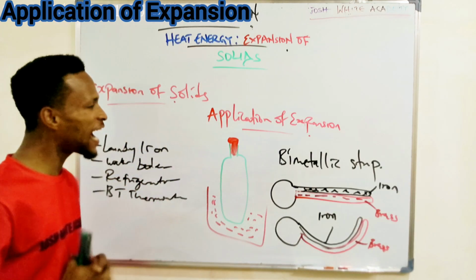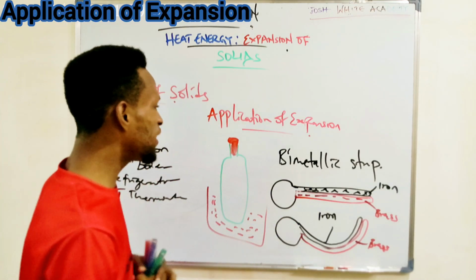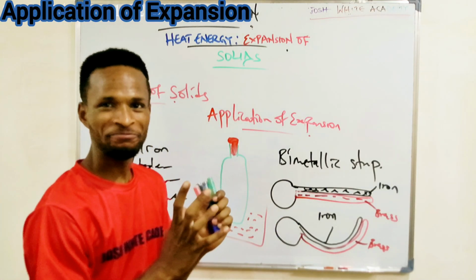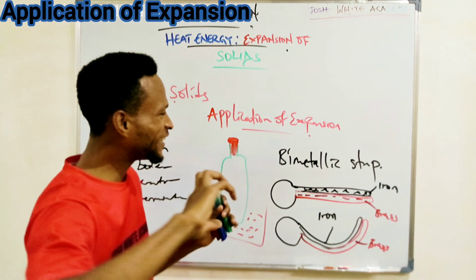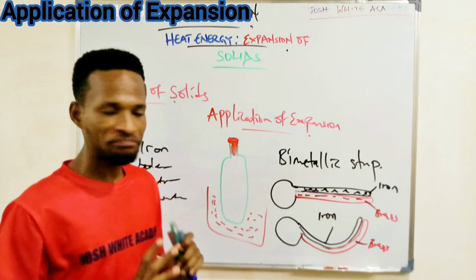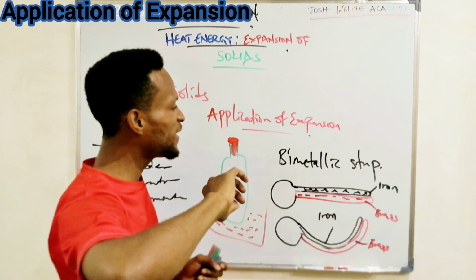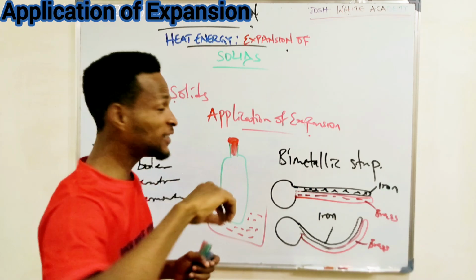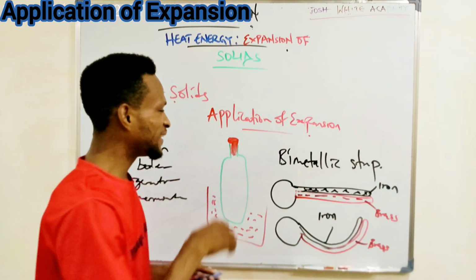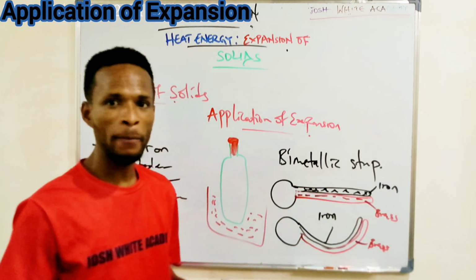Like for the laundering iron, what happens is, to be able to control the temperature or the heat from the pressing iron, when the electricity is turned on and the metallic strip begins to heat up,